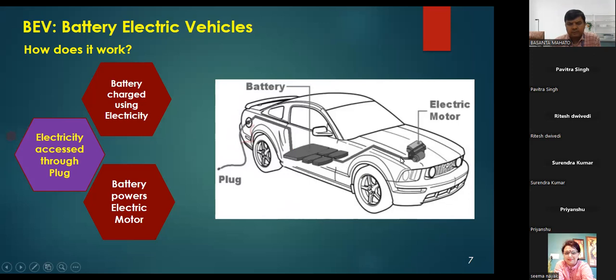So we will connect the converter. So we will prefer the alternating current to run this motor, and this motor will drive these wheels. So this rotation of the motor will be transferred to the wheel on the axle of this wheel. So this is the concept of this simple battery electric vehicle.